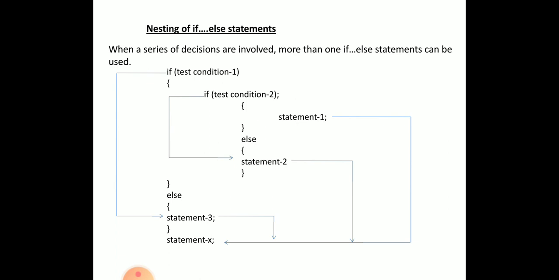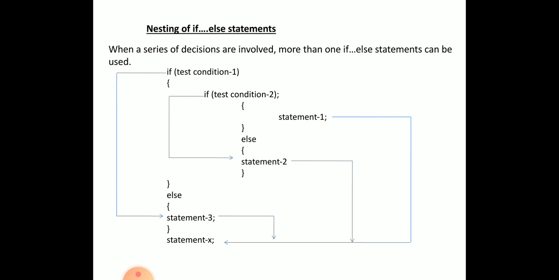An enhancement of that simple if statement was the if else statement. In that, a condition will be checked, and based upon the result of the condition, if the condition becomes true, a particular block of statements will be executed, and if the condition becomes false, another part of the program block will be executed. So based upon these two statements, we shall move on to the next one, nesting of if else statement.